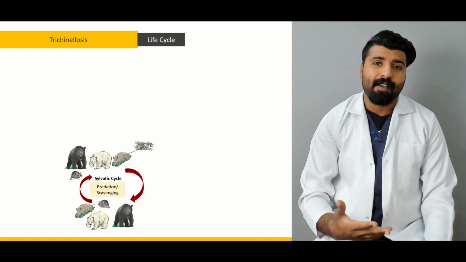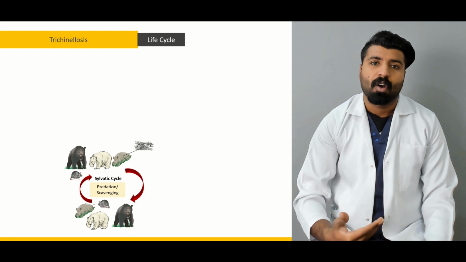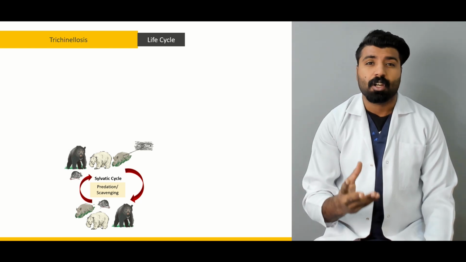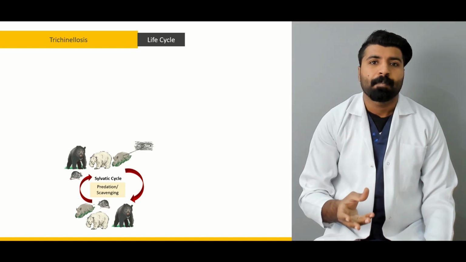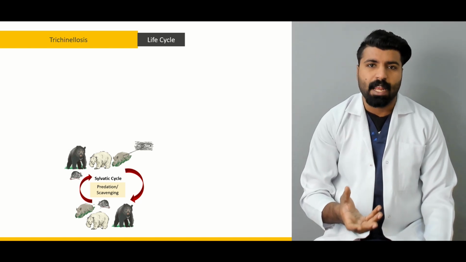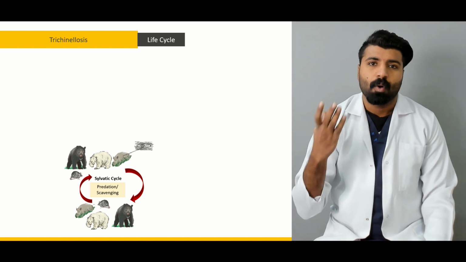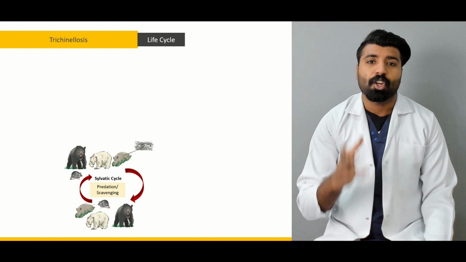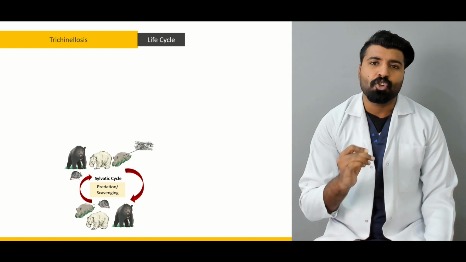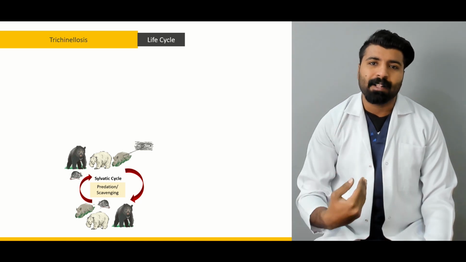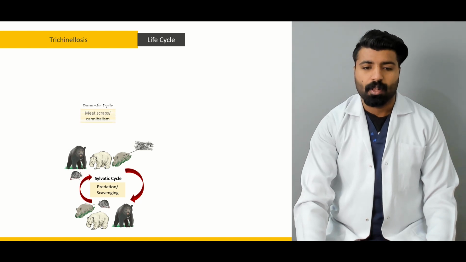Number two, whenever a person eats undercooked meat of those muscles which harbor the larva of Trichinella, when we go for a barbecue or eat them, what will happen? If it's undercooked, you are actually putting these larvae into your stomach, into your body. You are actually helping them invade your enteric system. So let's talk about it.